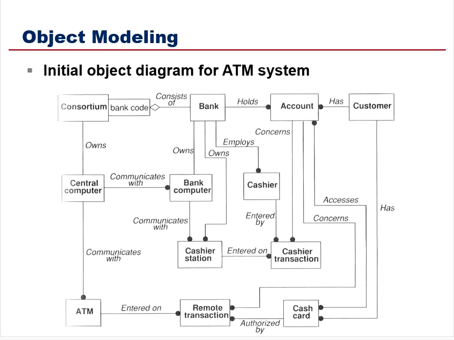Right. Now see, this is the initial object diagram for the ATM system. In the earlier steps we identified the various associations, and we identified the objects and the classes. We specified the semantics of the association, and with the association we use the multiplicity, qualified association, and the missing association. So from all these steps we have created the initial object diagram for the ATM system.